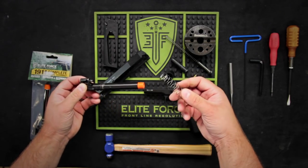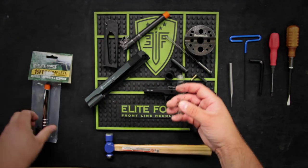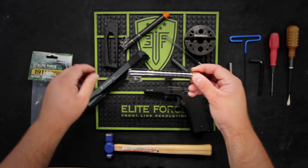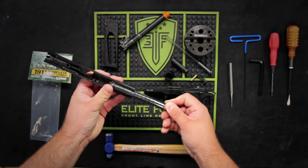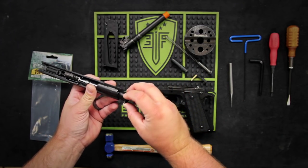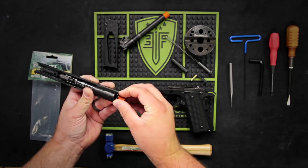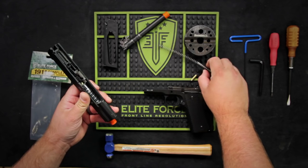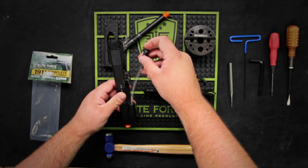Then take off the barrel spring, put the barrel spring on the barrel from the assembly kit. Slide the barrel back through the front of the slide. Note, this may be a snug fit. Reinstall the barrel bushing, the recoil spring plug, recoil spring and recoil spring guide,